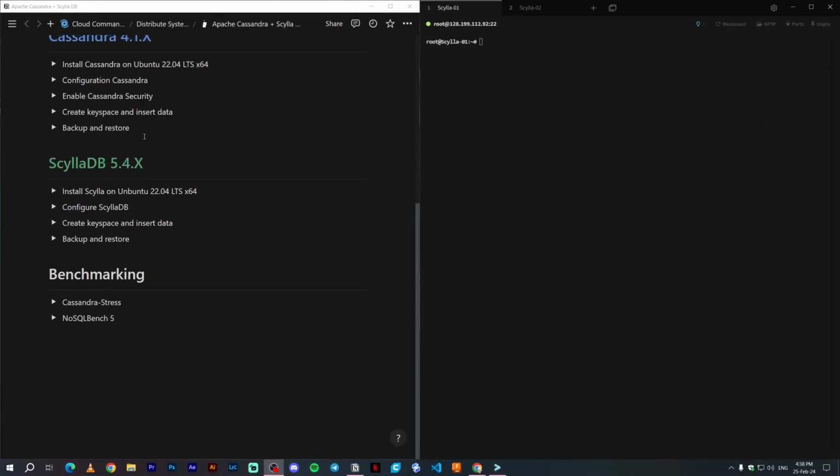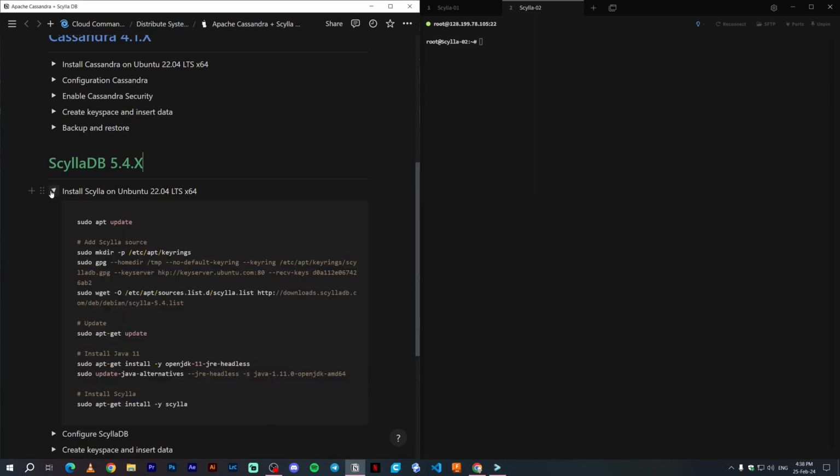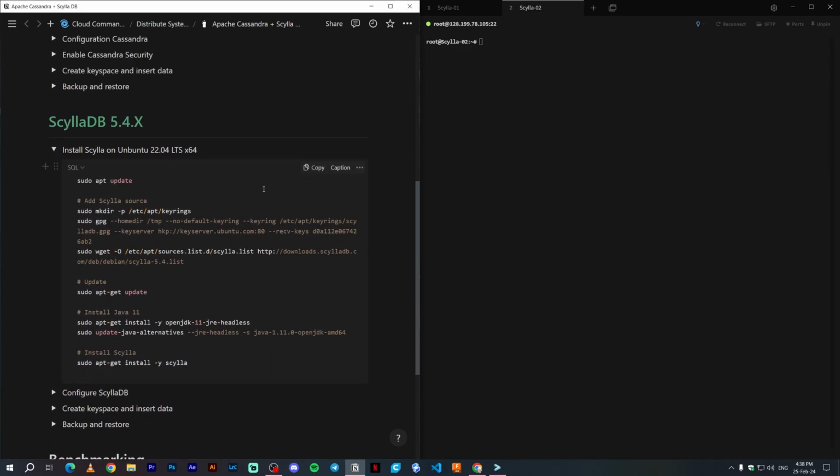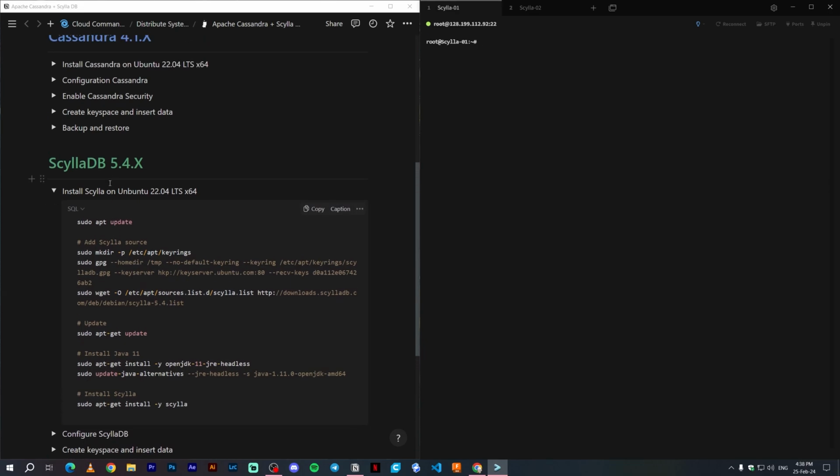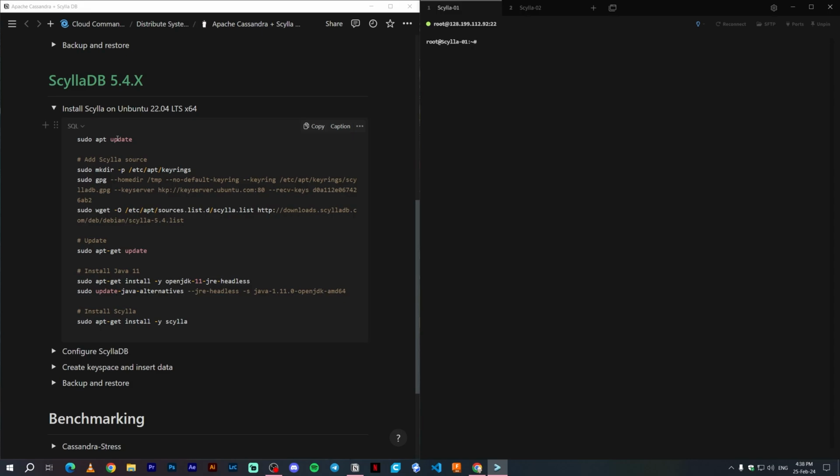So right now we will talk about how to set up ScyllaDB, and I have recently created 2 identical nodes for ScyllaDB. Each has 4 CPUs and 8 GB of RAM. So let's start with the installation first. The installation is kind of similar to what we do on Cassandra. Let's just try to install on one node first, and I will do the second node in a speed run. So you need to update the node,